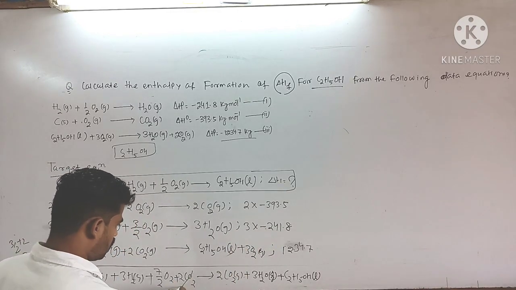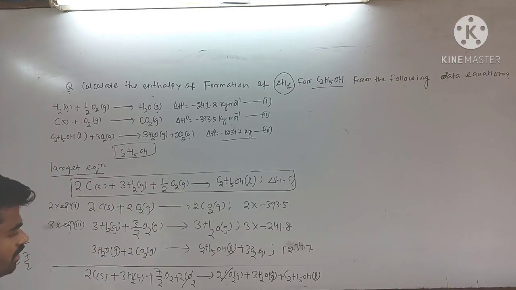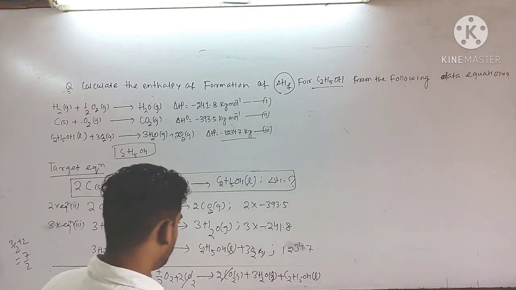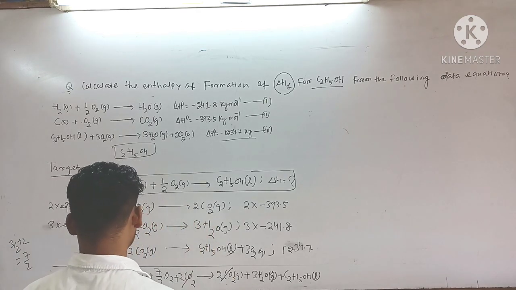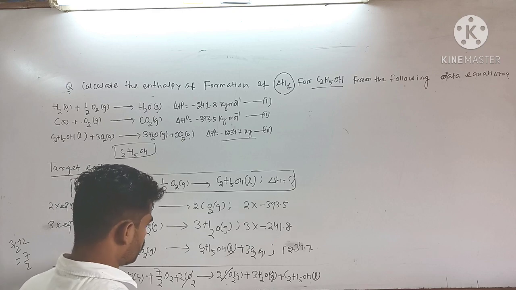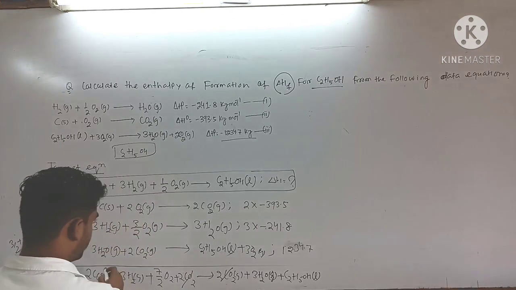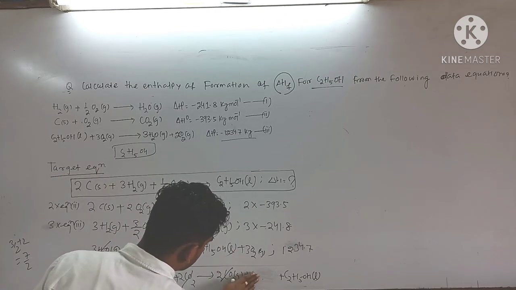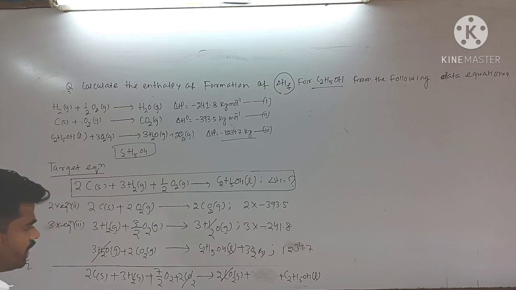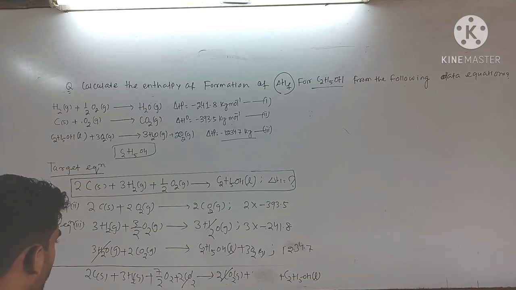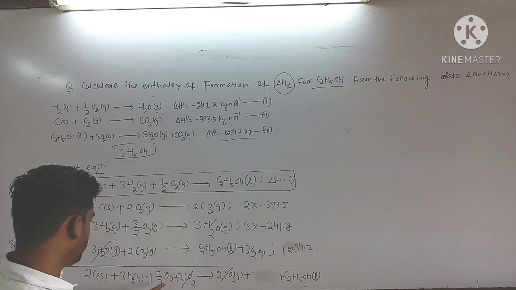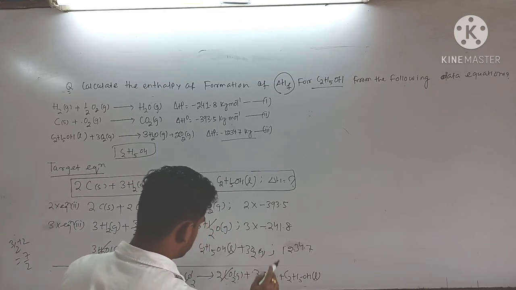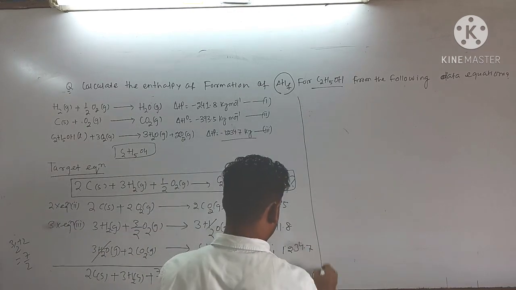Now before going through addition of values, just look over here. 2CO2 gets cancelled, and there is 3H2O over here and 3H2O over here also, so 3H2O gets cancelled. So there is no question of water over here. You can see only C2H5OH is at the right side. And what about this O2? 7 by 2 O2, and here 3O2 is there. So I can write it again.